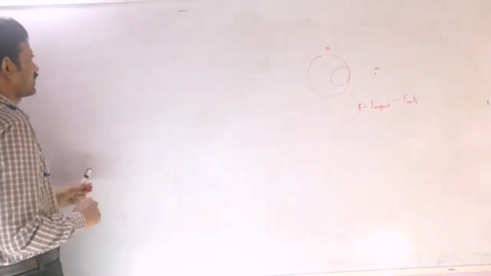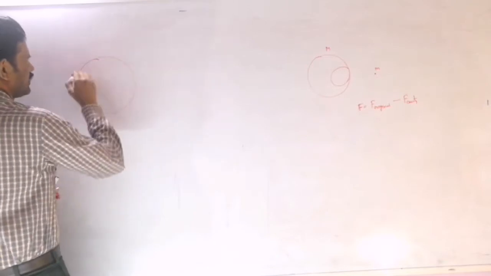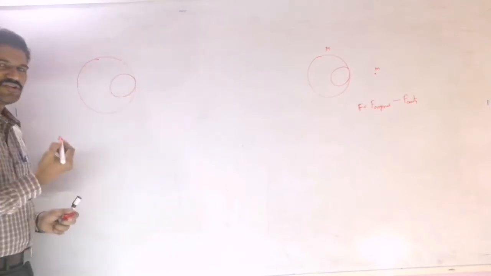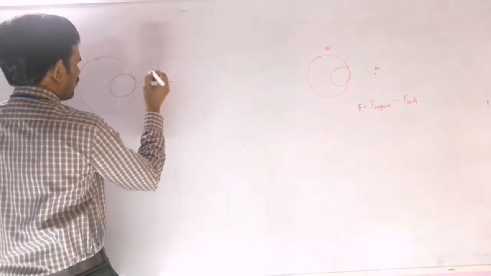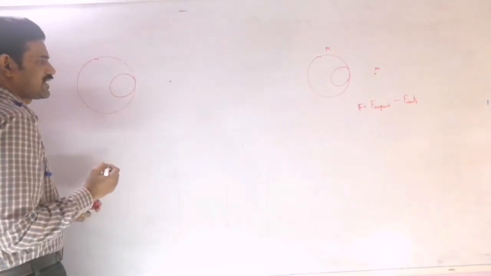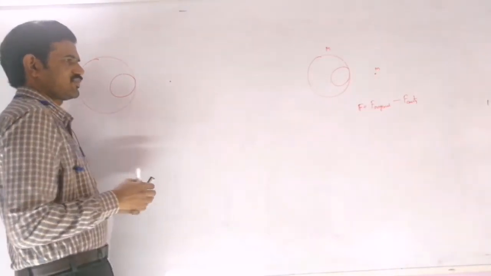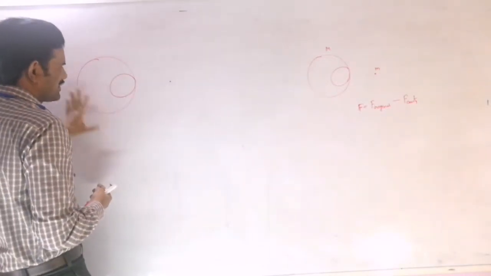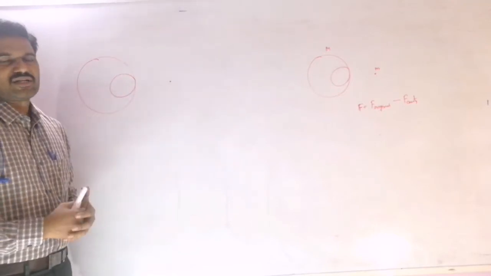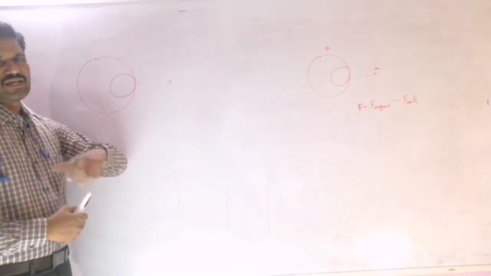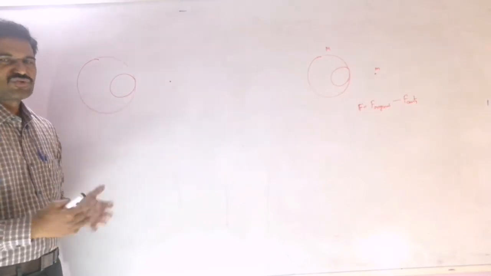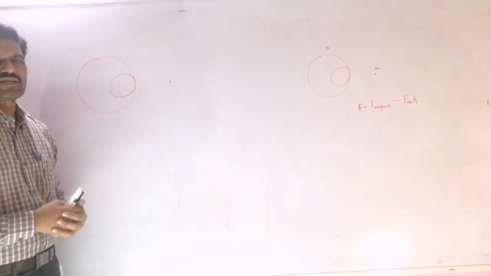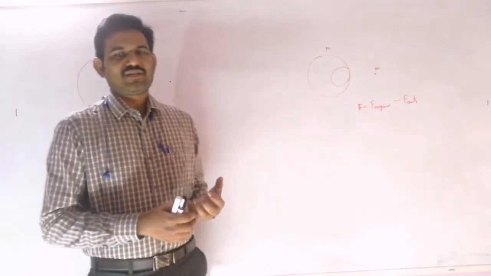Now if you are taking a cylindrical cavity here, like this, and if you are finding the magnetic field at some point, like this point, then you can calculate it as we discussed in the last class. That procedure is, imagine this as a solid cylinder without cavity having some current density, and instead of the cavity we take a current density in the opposite direction, right? So when you superpose them, the net current in that region will become zero, so that will behave like a cavity. That is the approach we discussed in the previous class.